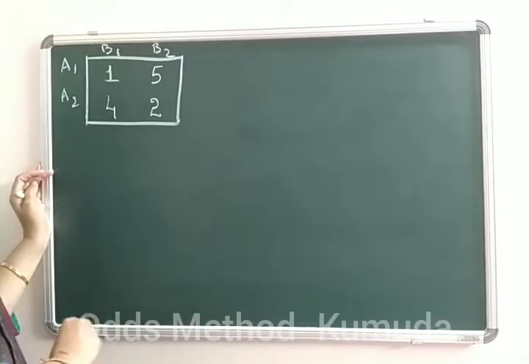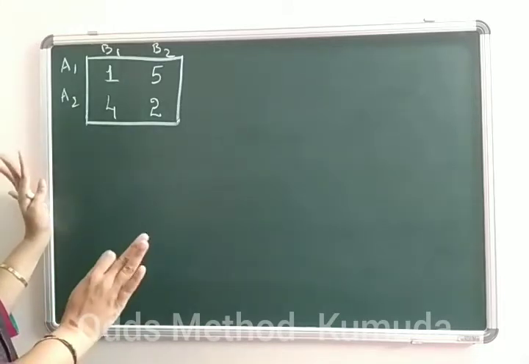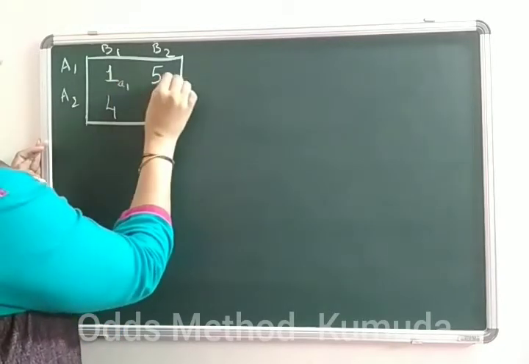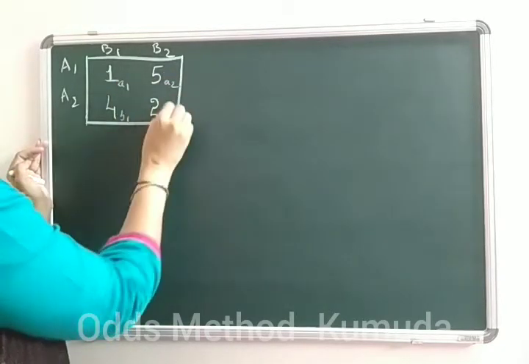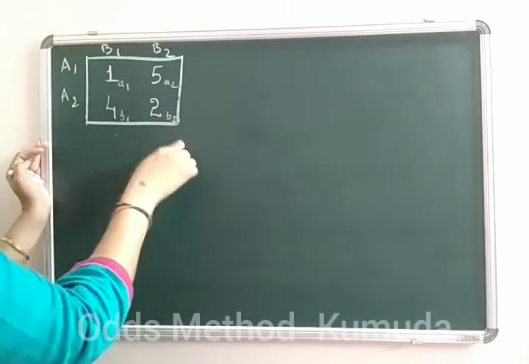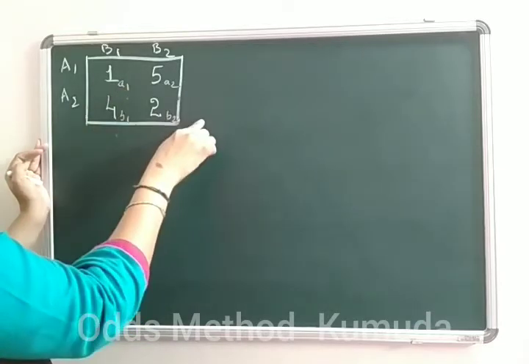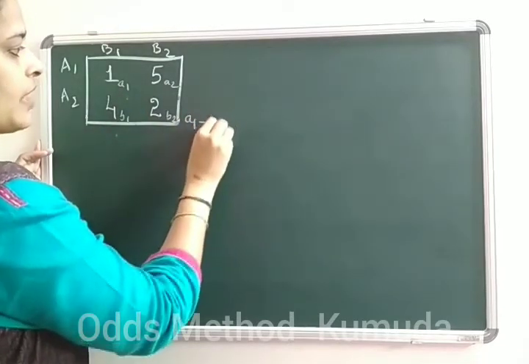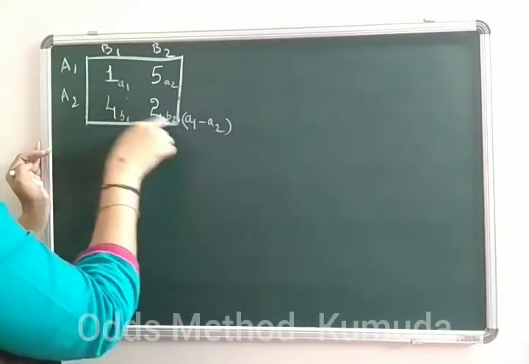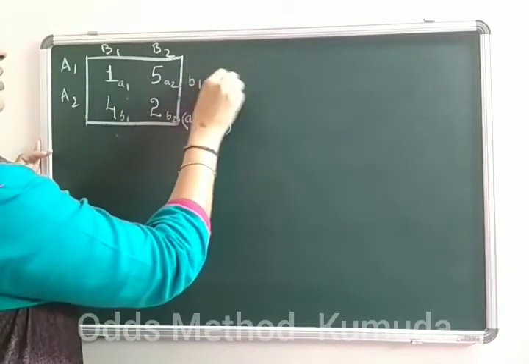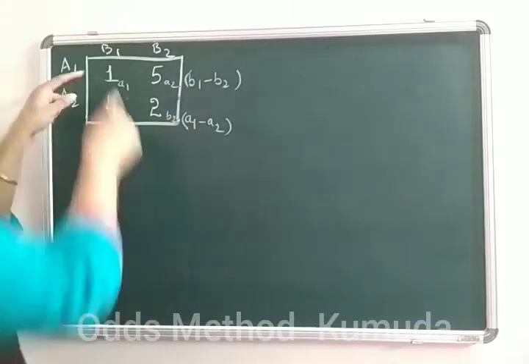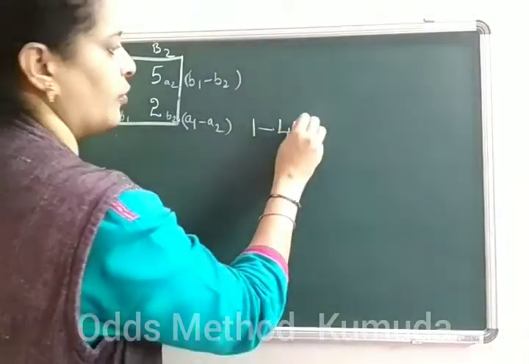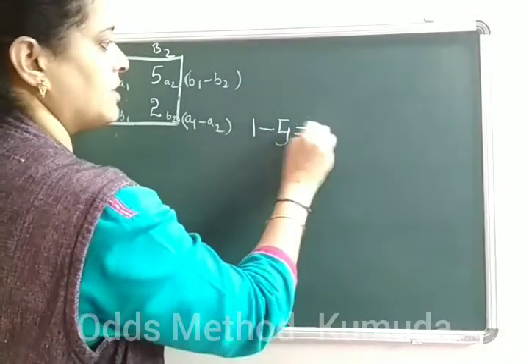The payoff matrix is being copied now. We actually use the odds method or the method of finding the odds. The rule says that just name them as A1, A2 for our convenience. We have B1 and B2. So we have A1, A2, B1, B2. Now find the first difference and write in front of the second row. So the rule is A1 minus A2, and B1 minus B2 is written on the first row. So now we find A1 minus A2, that is 1 minus 5, and the answer will be 4.